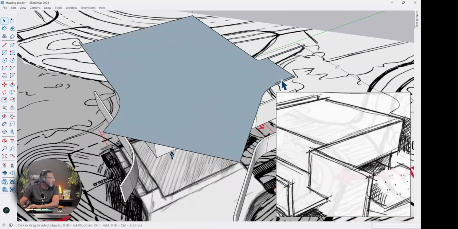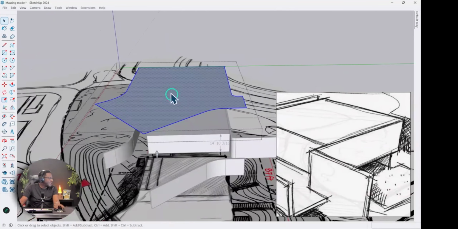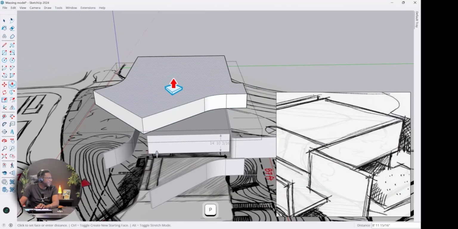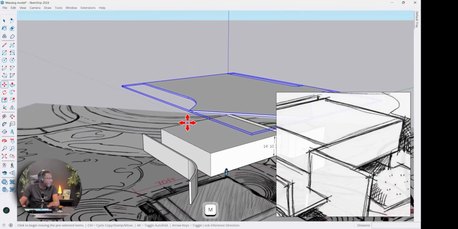I'm just deleting these inner walls. Actually, let me undo that. I think I need to be deleting the outer walls actually. We want this to sit inside the wall. All right, there we go. Now let's double click, make this a group. Then we're going to extrude this. Let's estimate it at about maybe 8 inches. There we go. All right, then we can put this at the base.